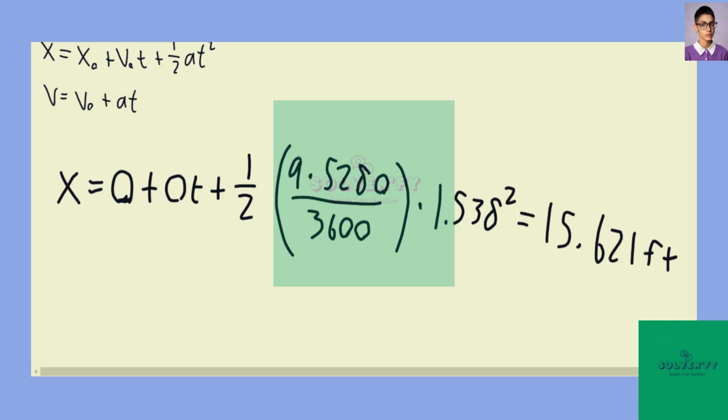Now we know that after 1.538 seconds, the bike has stopped accelerating, but the car is still accelerating. So now the distance between them is only going to get shorter until the car passes it. So at 1.538 seconds, the bike and car are at their maximum distance away from each other. And to calculate it, we just subtract how far they've gone. So if you remember, the bike had traveled